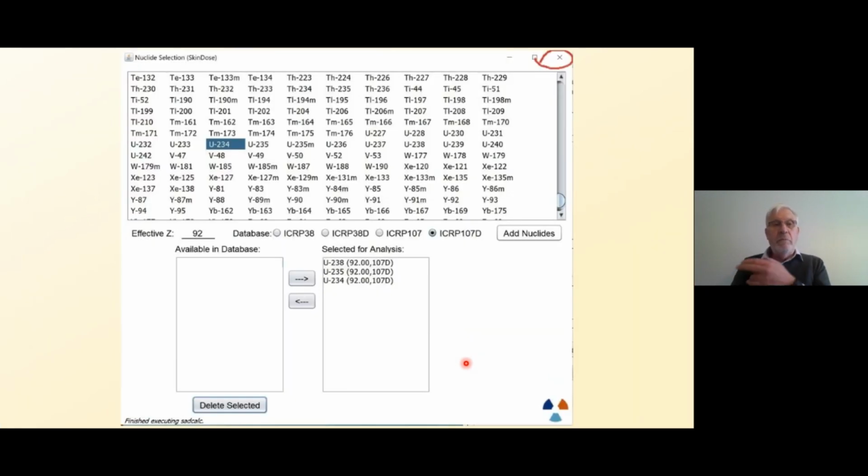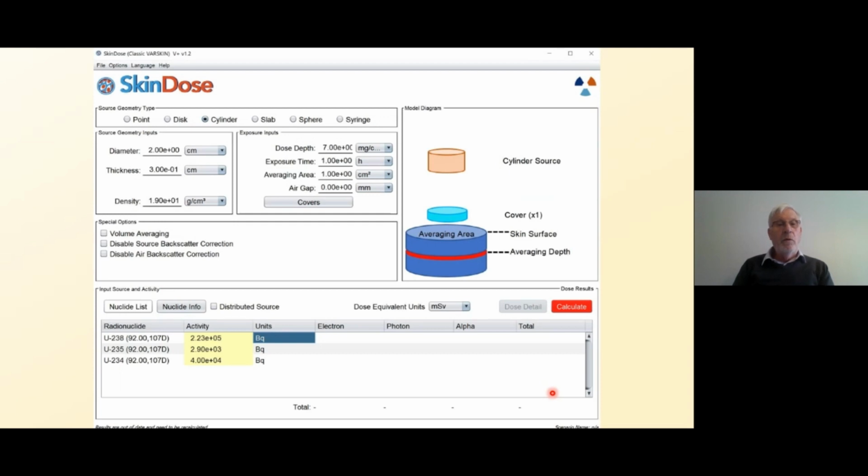Having done that, I need to put my other radionuclides in. So I've got uranium 235 and 234. The same procedure: you tap U and it goes down to the uranium, and I pick the relevant radionuclide. When I've done that, I finally click on close the window on the top here. And then this wheel will whir around and you come back to your main screen where I'm going to enter